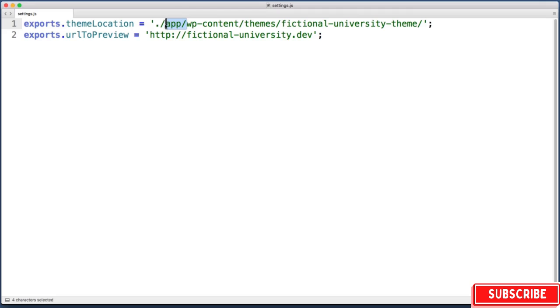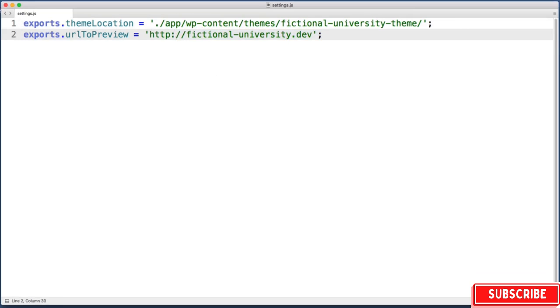Okay. And then this second property down here, URL to preview, just use whatever URL you hit in your web browser to view your website. Again, if you've been following along with me step by step, this value makes sense. Right? We set up a development domain named fictionaluniversity. If you're using MAMP, for example, you instead might need to type localhost:8888/fictionaluniversity or something like that. Okay. But once that makes sense, you can go ahead and close this file, and back in our